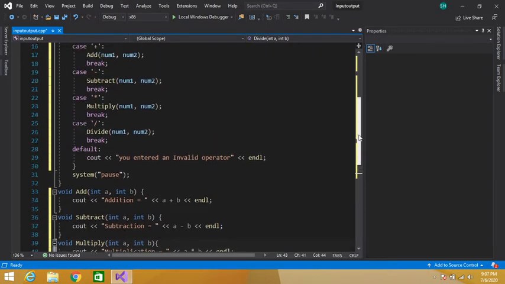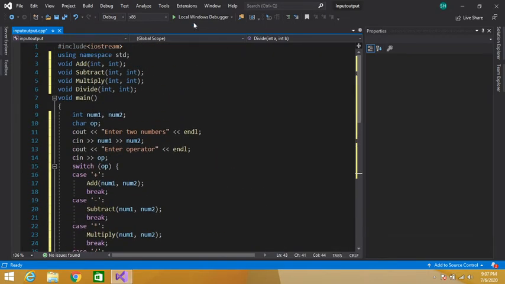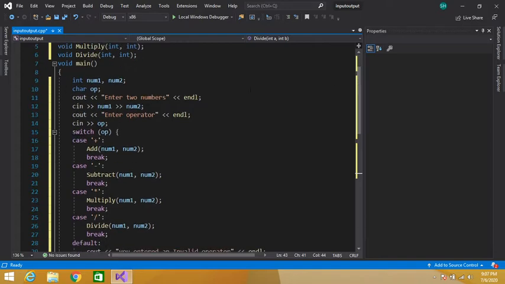So guys, let's execute this program. First we have to write the declaration, which is known as a function declaration or function prototype. So we have written the function prototype above the main function, and then I am calling these functions in our main function.